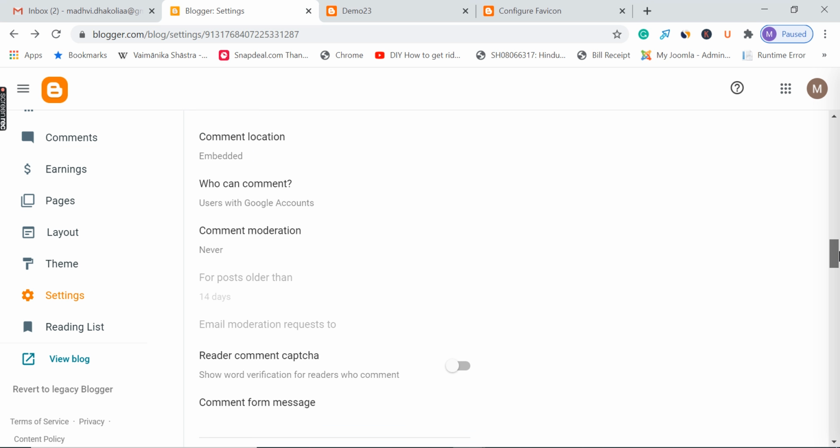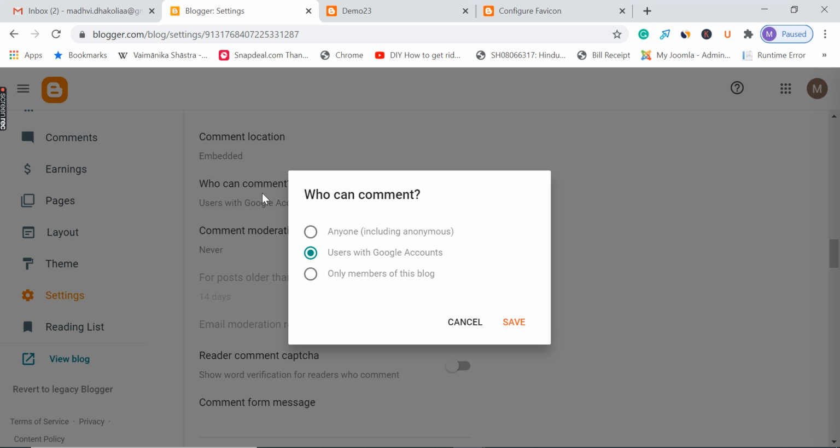Next is comments. Here you can select who can comment on your post. You can click on who can comment. You have the option to select whether you want your readers to have a Google account or anyone can comment. It is recommended to select users with Google accounts, but you can make the choice accordingly.